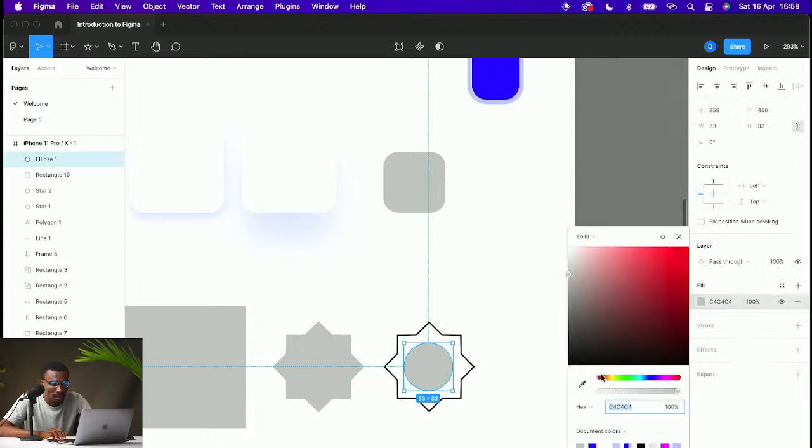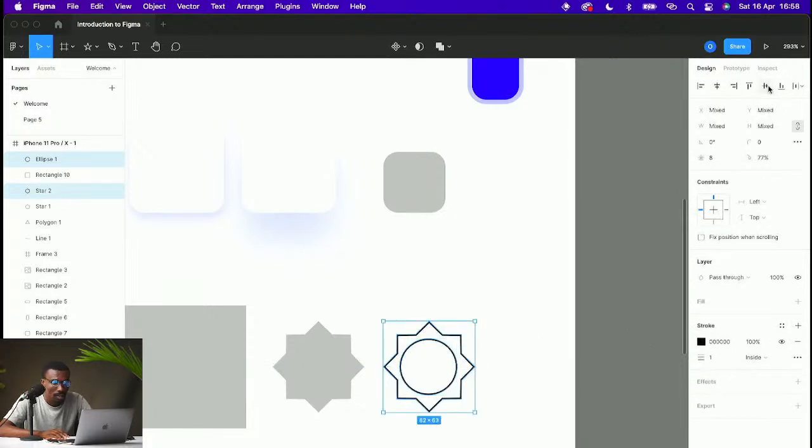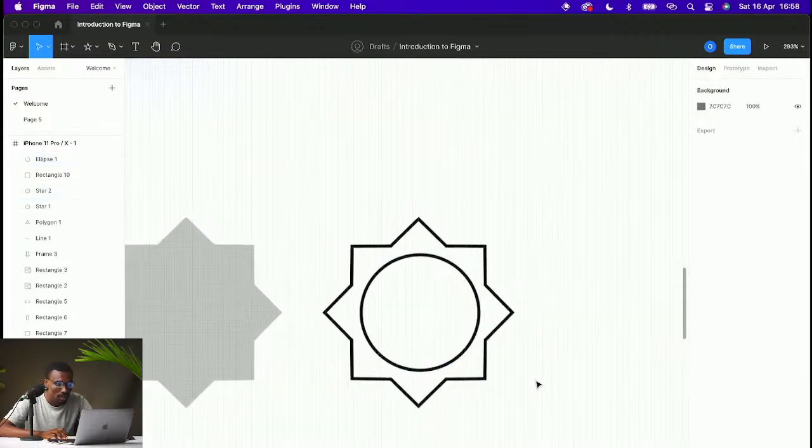And make it a stroke tool. Remove the fill. Ensure this is your alignment tools. Of course, you play around this to know how much you can work. This is your alignment tools, and then you can say